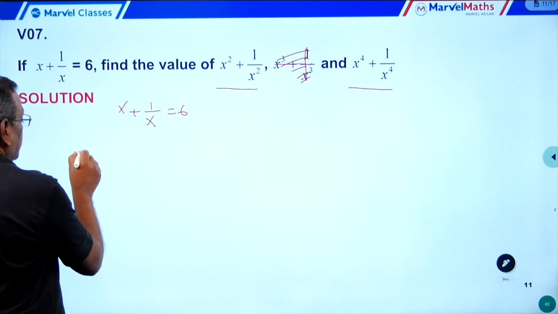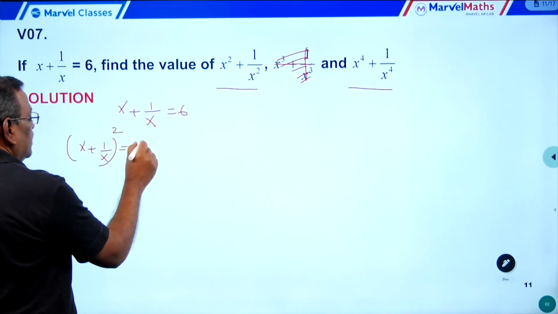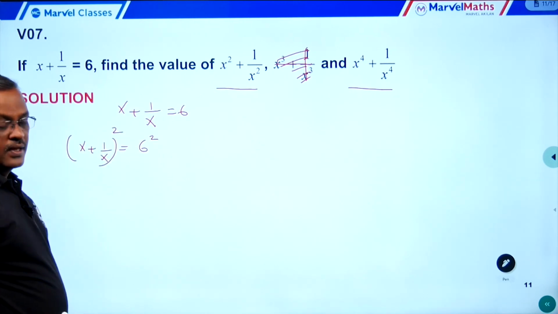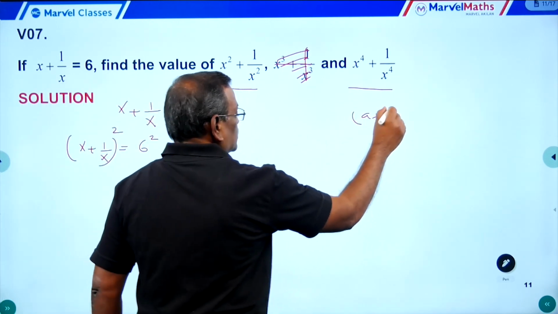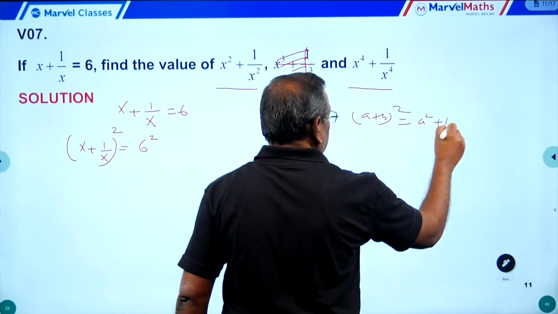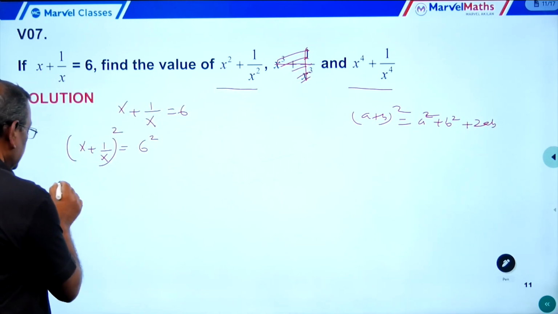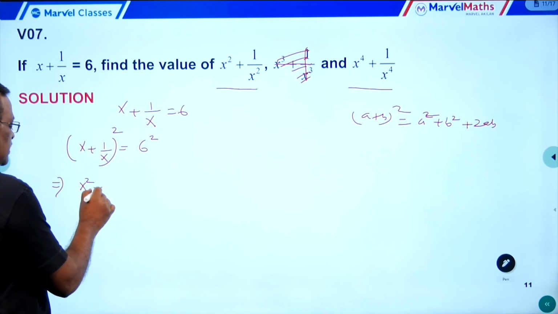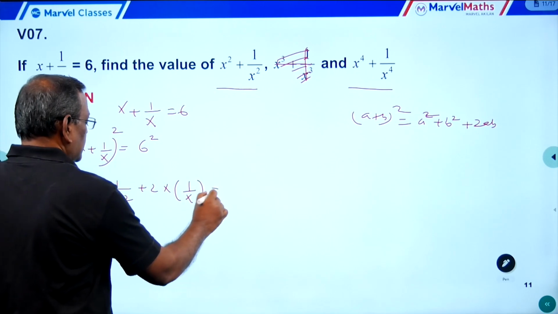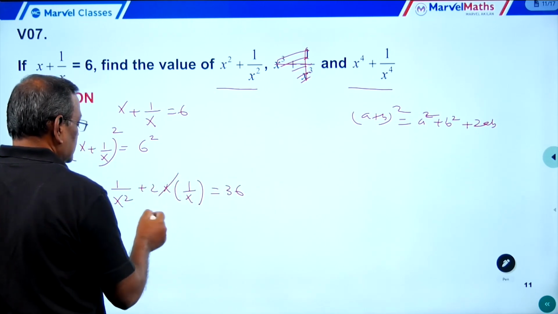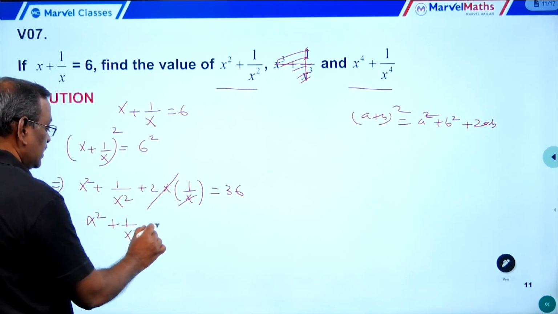The first case: x plus 1 by x, squaring on both sides, whole square equal to 6 square, correct. To expand this, what is (a plus b) the whole square? a square plus b square plus 2ab. So if you apply this, x square plus 1 by x square plus twice of x into 1 by x equal to 36. So here these two get cancelled, which implies x square plus 1 by x square plus 2